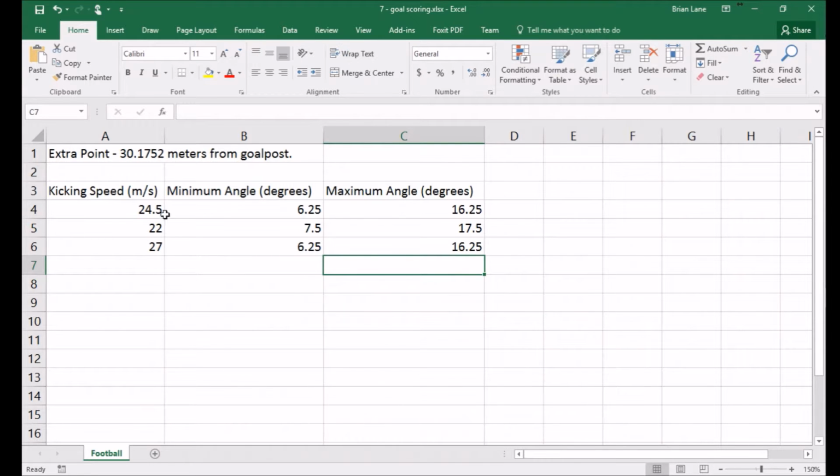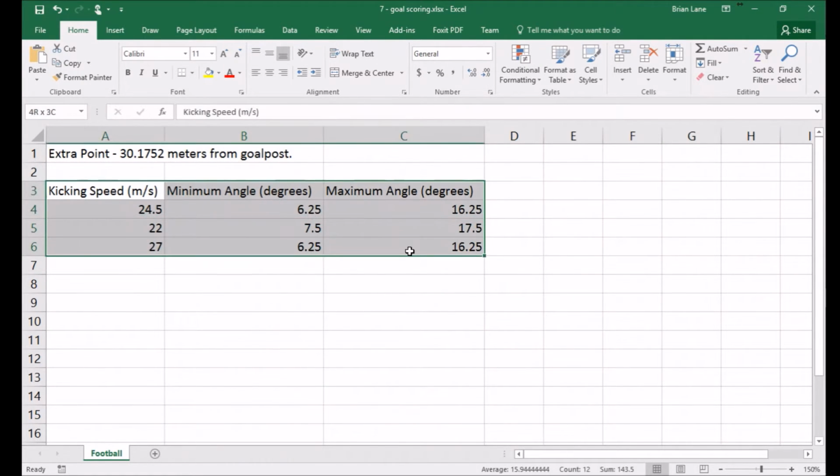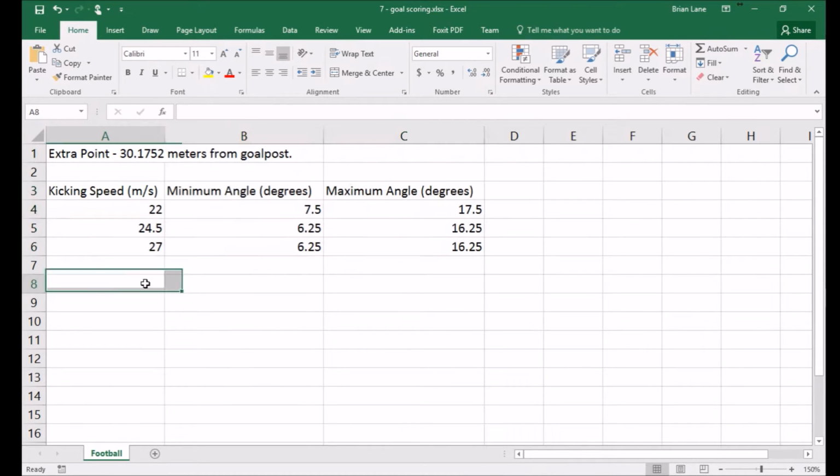So between 24.5 and 27, our range stays about the same. So it looks like in terms of the angle that you go for, you're a little bit better off sticking toward the higher end of the speed, which makes sense because the parabola tends to flatten out the faster the projectile moves. Okay, so a little bit of housekeeping. Let's sort this. I'm probably getting close to the end of my time for this video, so let's try one